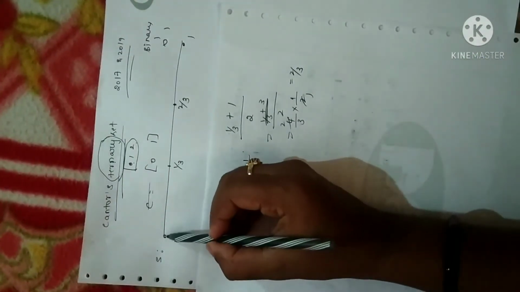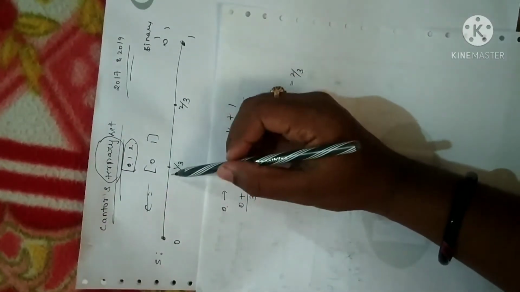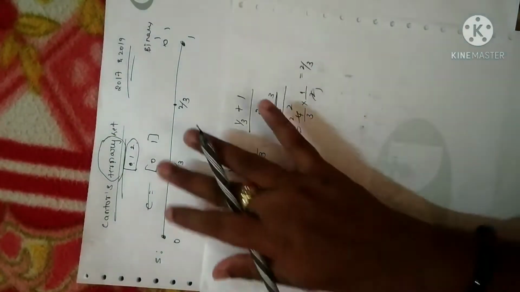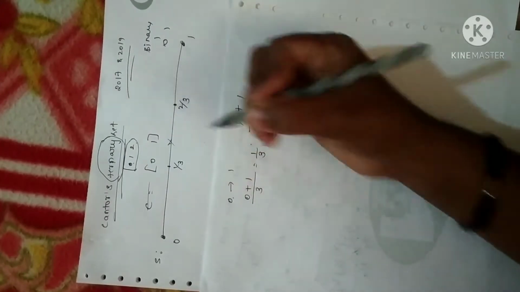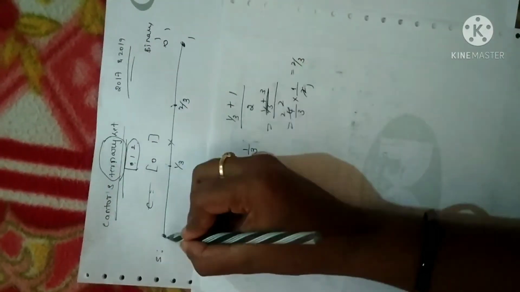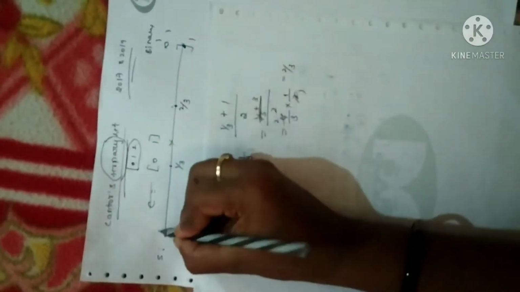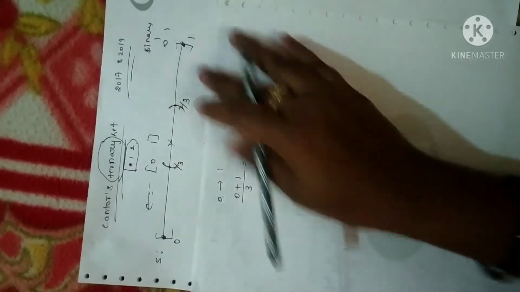What I have done is I have divided the interval 0 to 1 into 3 partitions. That is the meaning of ternary. Now what the Cantor ternary set says is we are going to remove the middle portion. That is, 1 by 3 and 2 by 3 is an open interval in the closed interval 0, 1. 0, 1 is a closed interval. 1 by 3 and 2 by 3 is an open interval which is inside the closed interval 0 and 1.